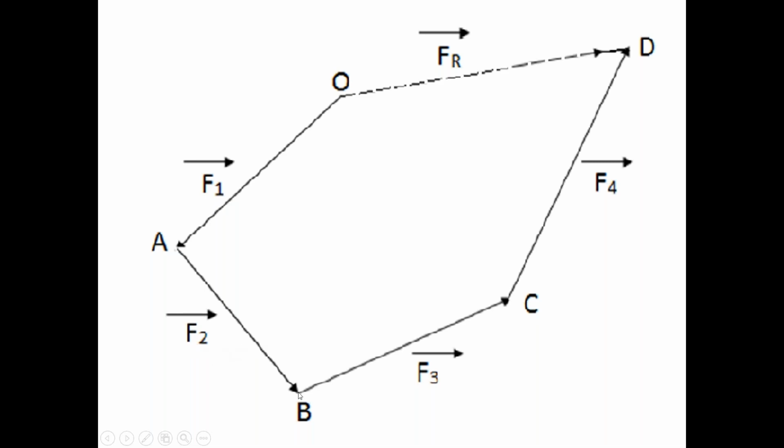Select the point B on that straight line so that the length AB is equivalent to the magnitude of the force F2 bar. Indicate the arrow at point B in the direction of force F2 bar. Then this vector AB bar is the equivalent vector of force F2 bar.